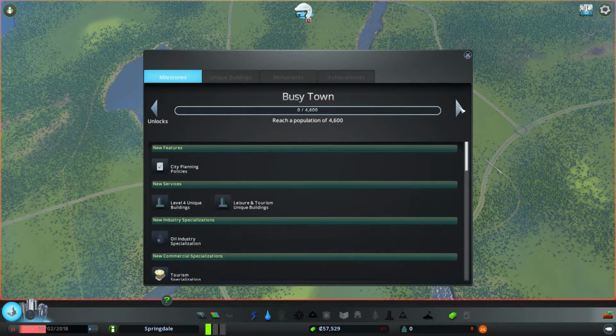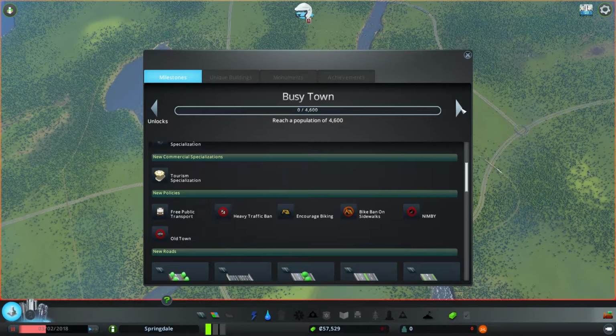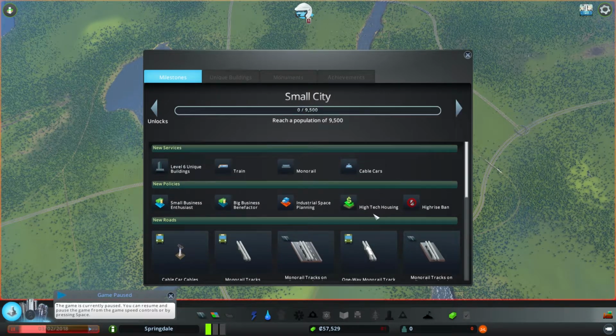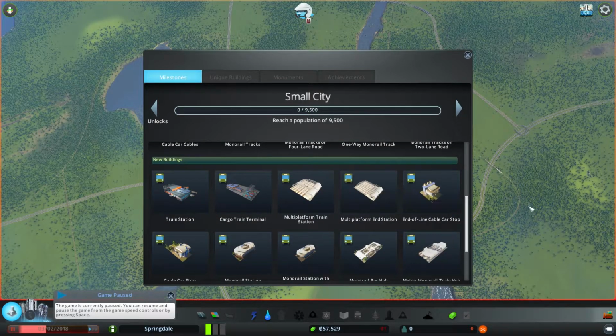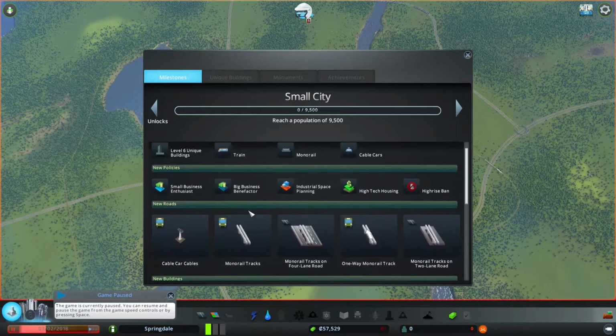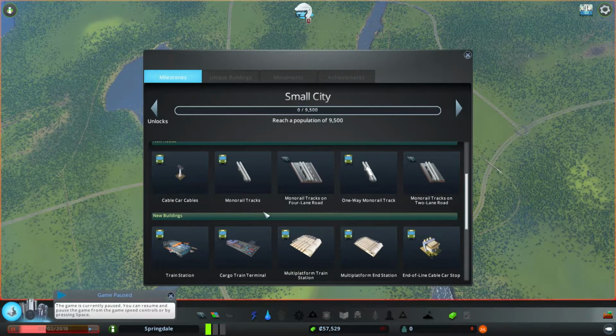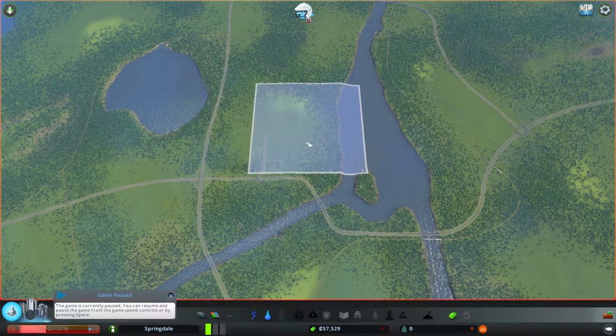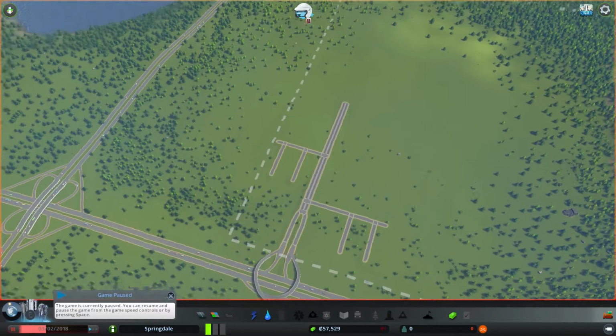Let me see when it opens. I think it's when you get... okay, it's here. When you get around 9,500 people. So you're going to have to unlock and wait a lot until you can unlock rails. And honestly, rails are going to be life-saving for you guys and for me too, and not for everyone, because